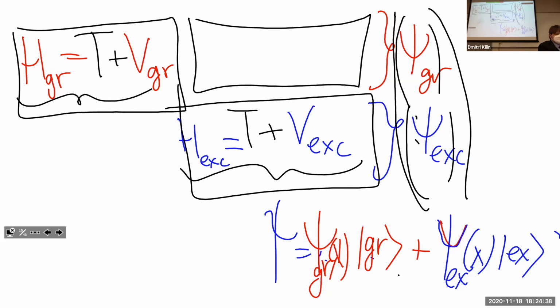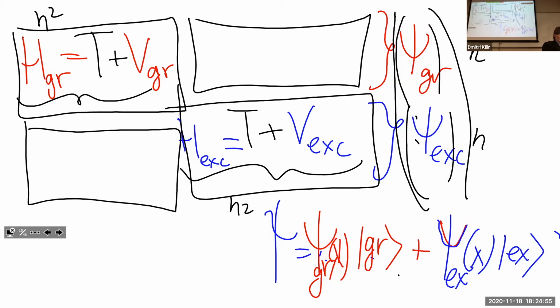Now, if we want to act on this expanded size wave function by Hamiltonian, so if for ground it was n steps, for excited it was n, it will be 2n. A single Hamiltonian will be n squared. And the overall Hamiltonian must be 2n squared, or 2 squared n squared. So in this logic, we are missing something. We can place the Hamiltonian for ground in this block, the Hamiltonian for excited in this block, but there is something missing in the off diagonal element.